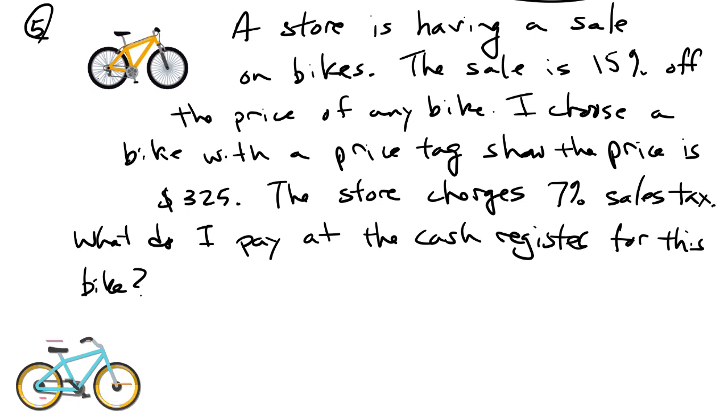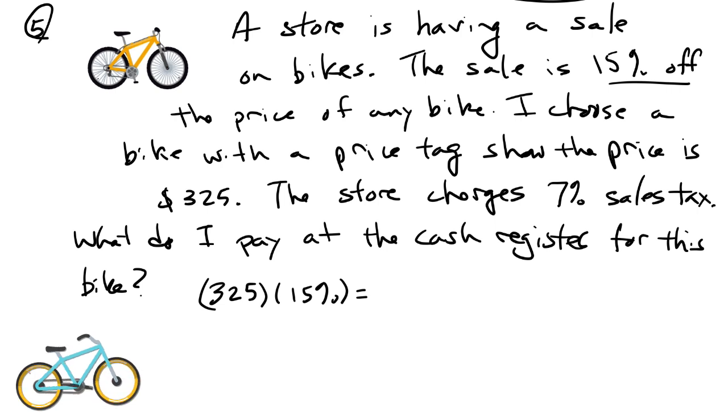Well, the first thing I need to do is determine what the cost of the bike is going to be with the discount. There's a 15% discount. So I have to take the $325 bike and apply a 15% discount. So this is 325 times 0.15, and I get